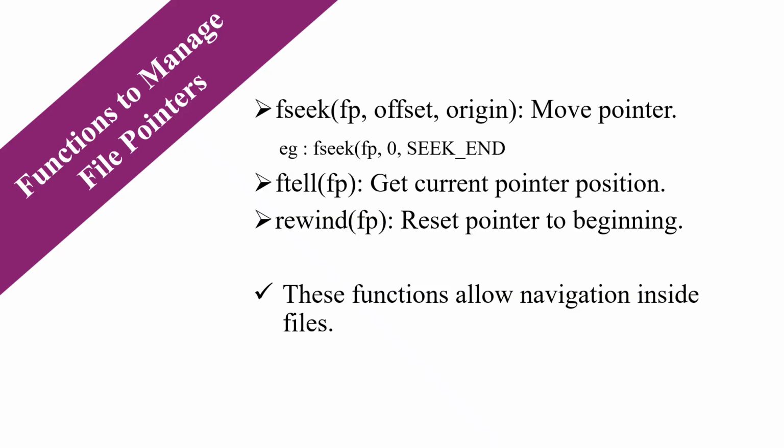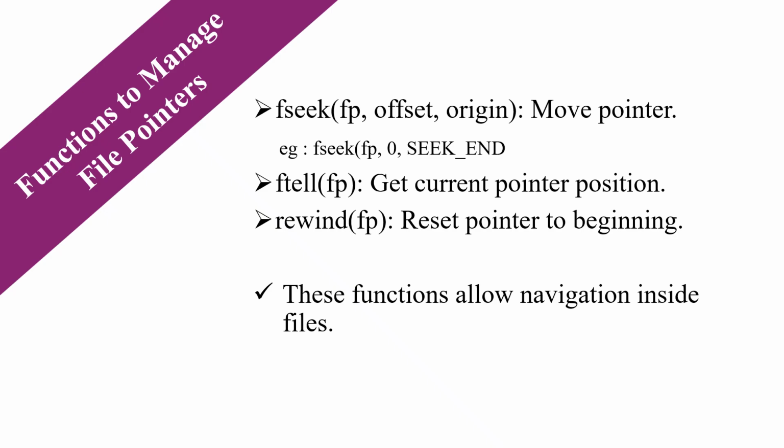Offset tells how far to move, and origin tells from beginning, current position, or end. For example, fseek(fp, 0, SEEK_END). This line moves the pointer straight to the end of the file. And the next one is